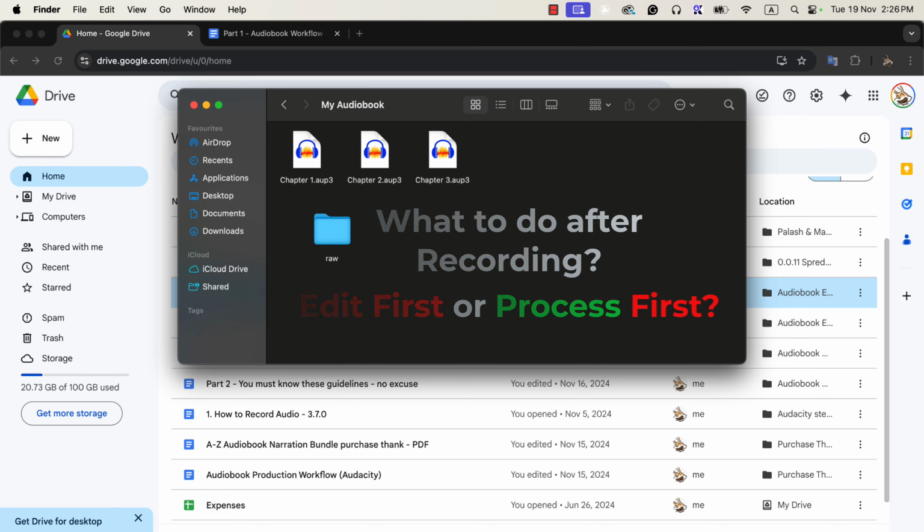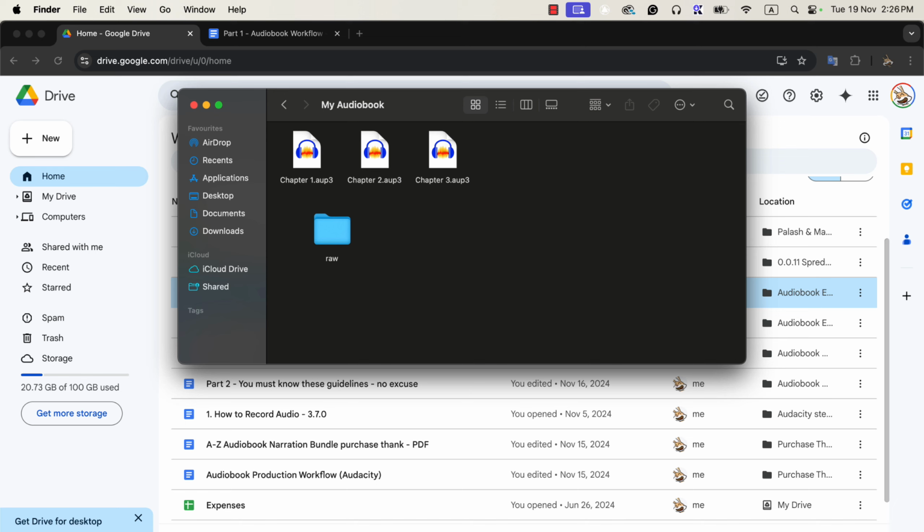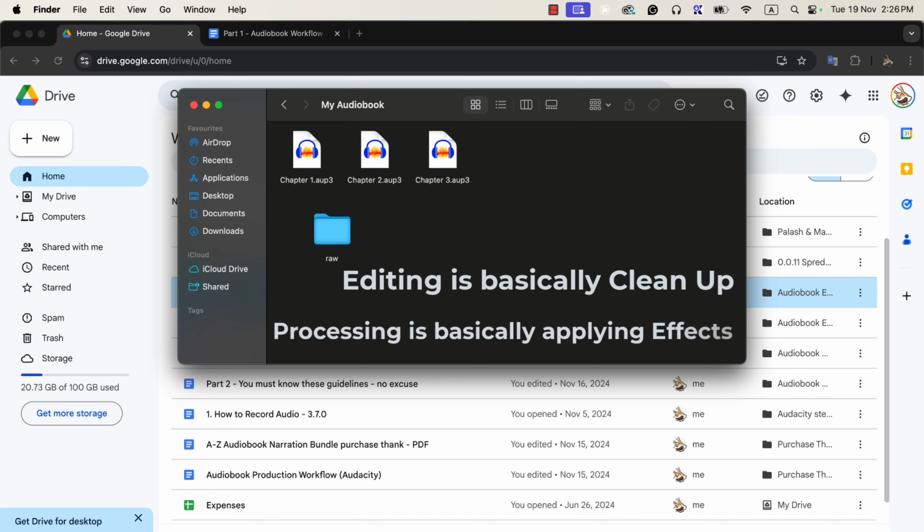Let's start by understanding the difference between editing and processing. Editing is when you clean up your audio by removing repeated words, mistakes, filler words like "or", and any extra long pauses. Processing is when you apply audio effects like normalization, noise reduction, equalization (EQ), compression, and other adjustments to improve the sound quality. Now, the big question is, do you clean up the mistakes first, or do you apply